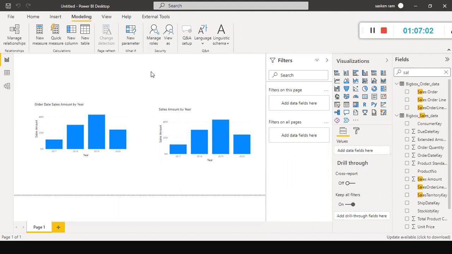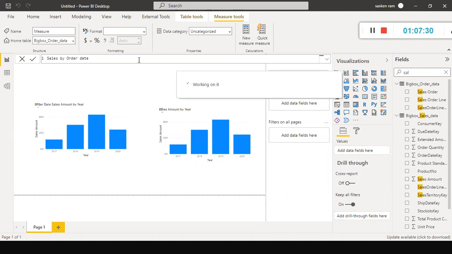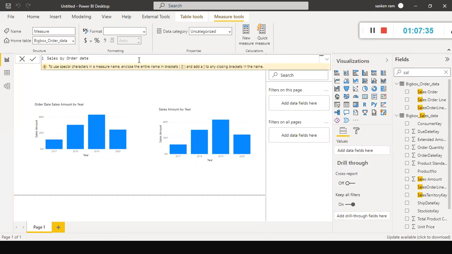Okay, Vijaykanth, correct me if I'm wrong. Your question was, without using a relationship, can't we do that, right? That's what you're saying. Am I correct? Sales by order date, with existing relationship. You have the active relationship only when you have an active relationship between two tables. Based on the active relationship only, you can do the filtering.